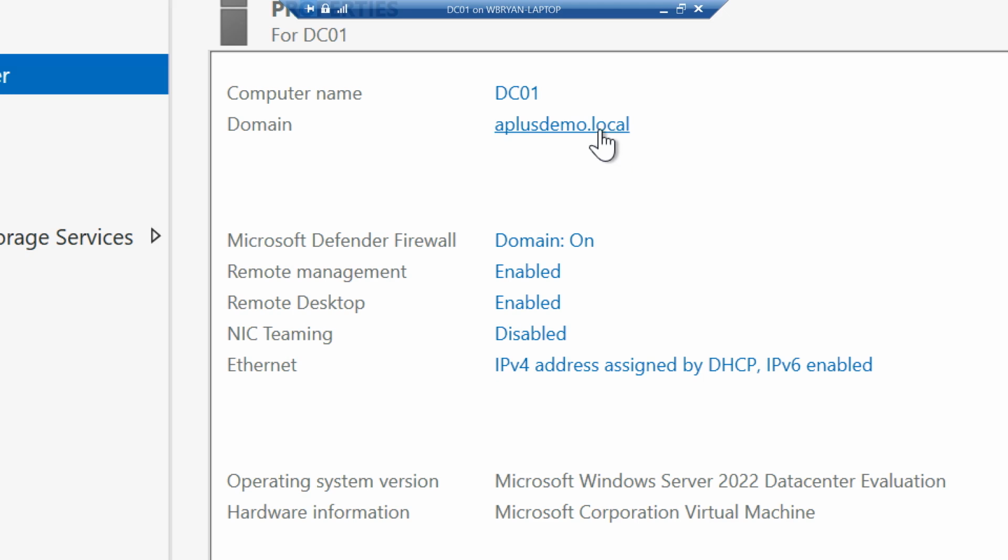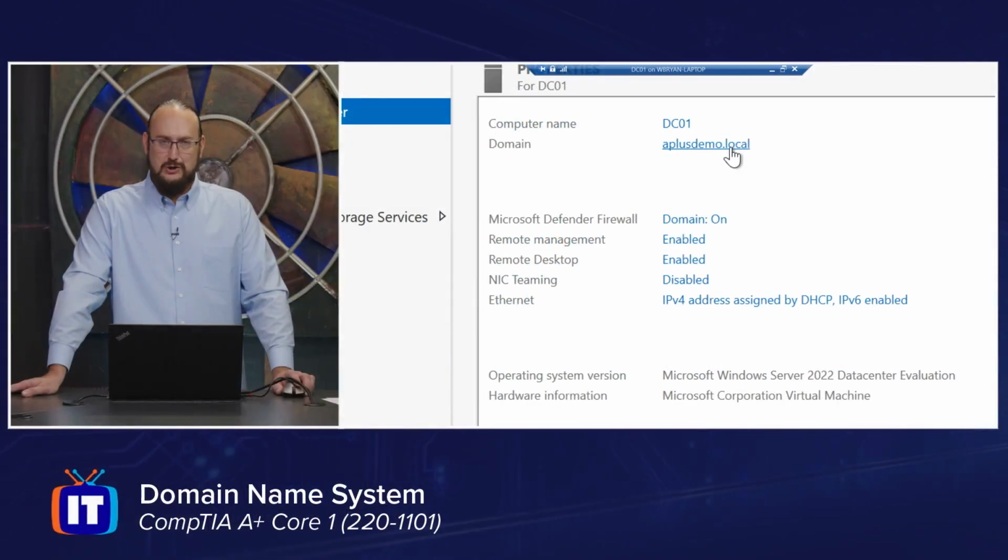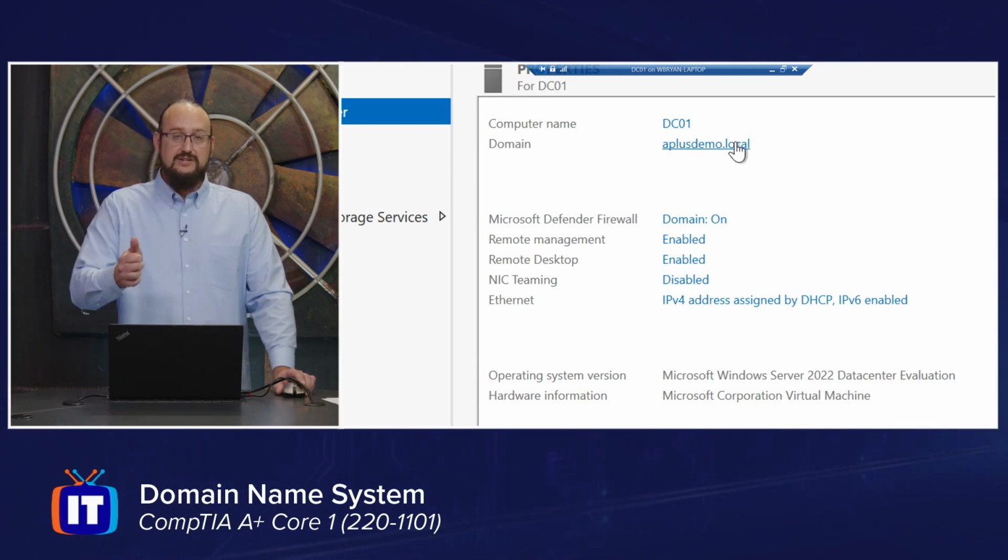Now that last part of that name, I have .local. We use that if we don't want to have any external resolution, just in demos. But I want you to think about that last part, .local here. Let's change that to something like .com. When we talk about .com, that is the farthest right portion of what's known as the DNS namespace. The .com, if you will, are DNS servers out there that are responsible for locating records within the .com domain namespace,